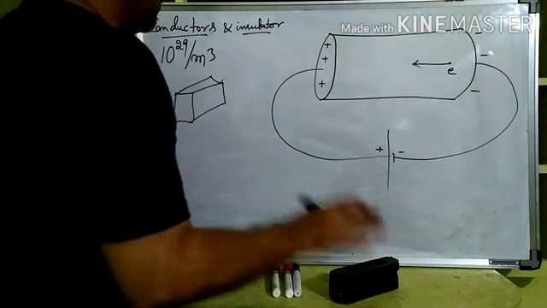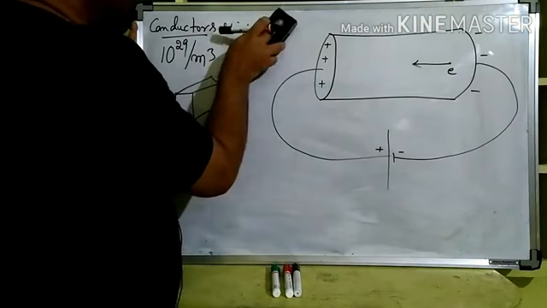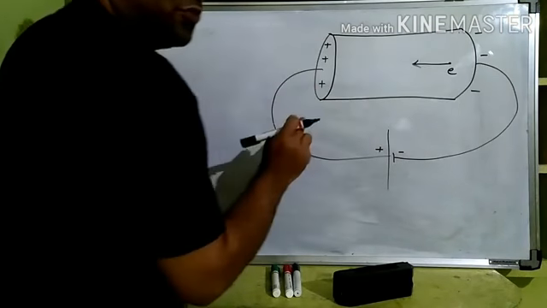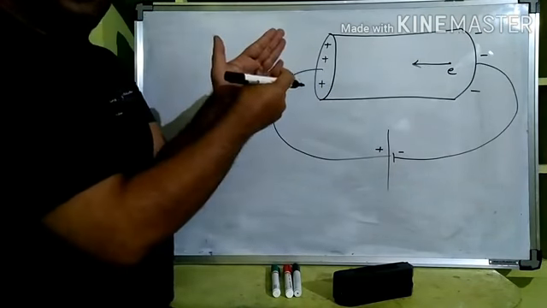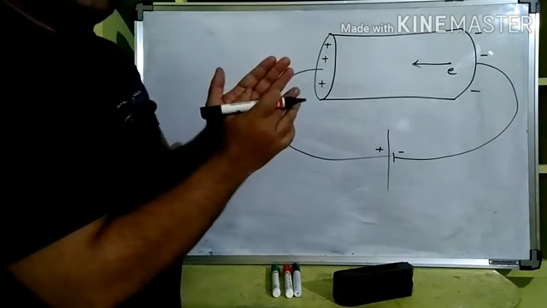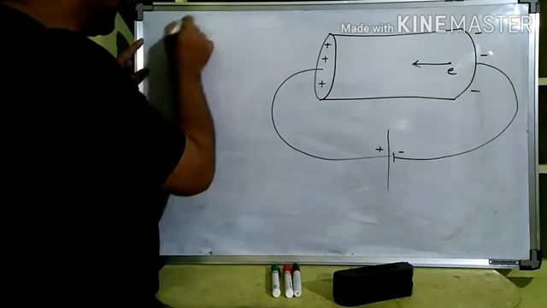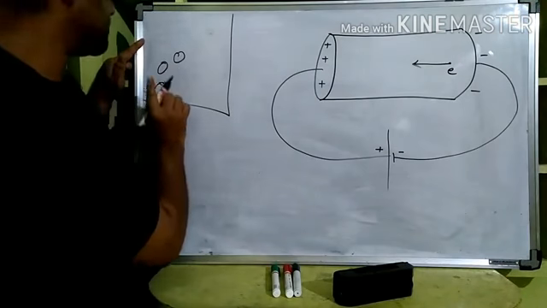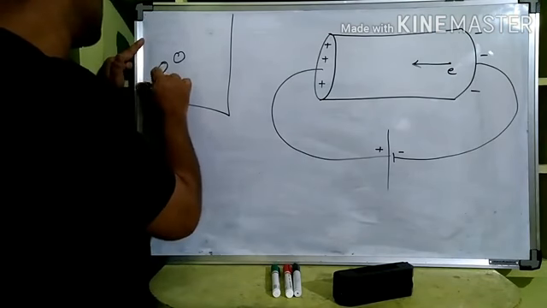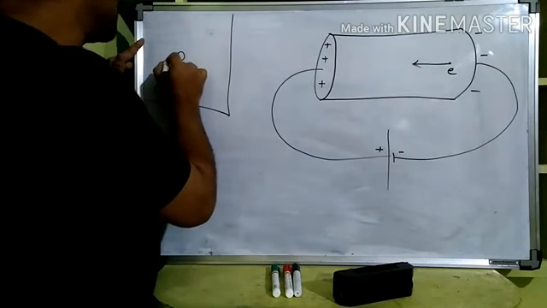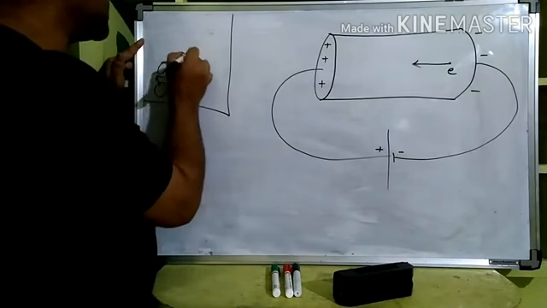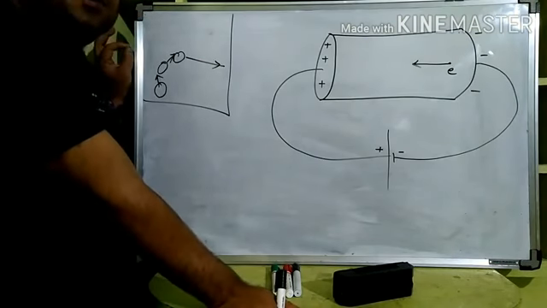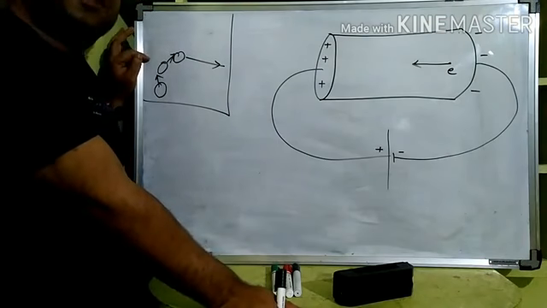So what I mean to say is, whenever we are talking of a conductor, a huge number of electrons are present. Now whenever one electron is moving, it is natural that it will collide with another electron. And whenever there is a collision, a change of direction takes place. Imagine a carom board. Suppose this is one coin, and this is your striker, and you strike it in this direction. Now it is moving in this direction and it hits the coin, then the coin moves in some other direction. Whenever there is a collision, mostly the chance is that the direction will be changed.